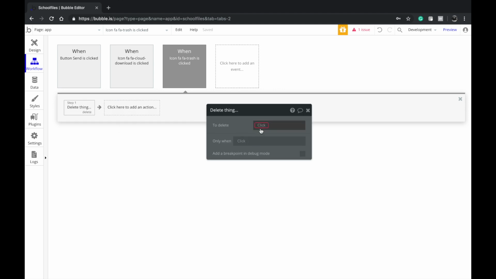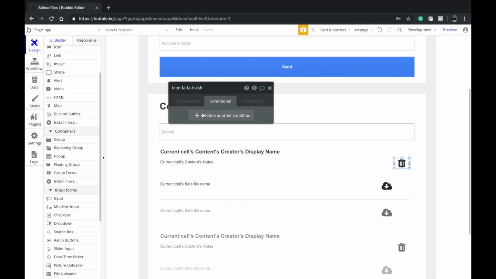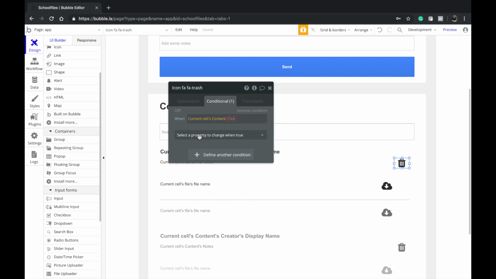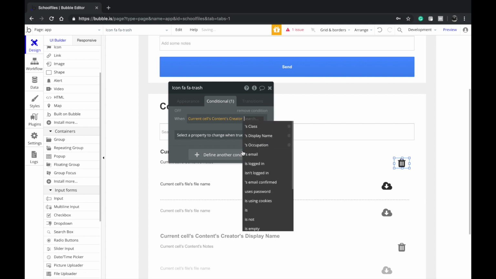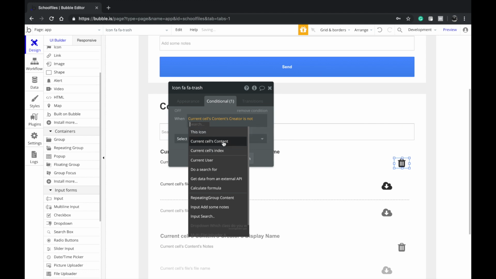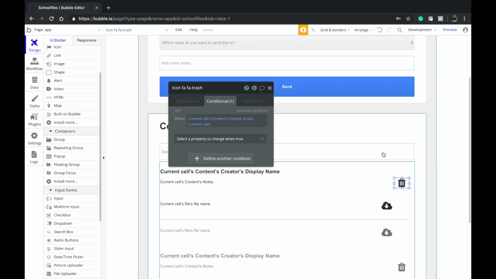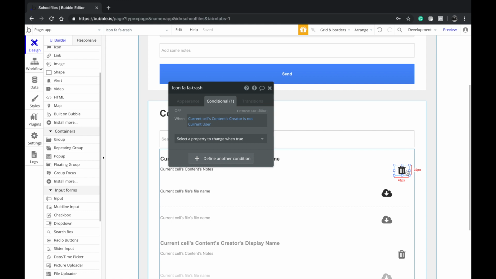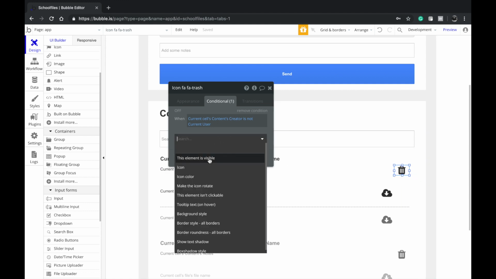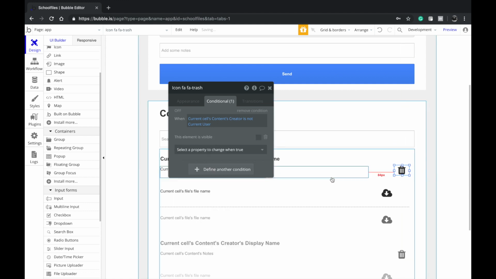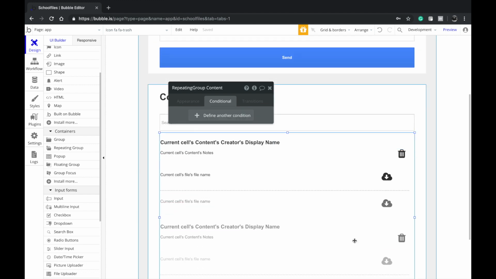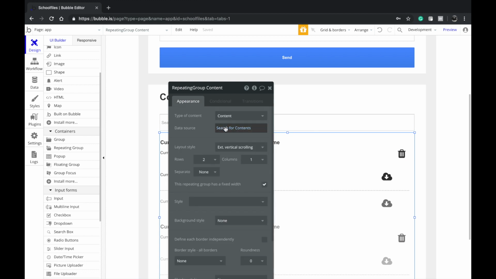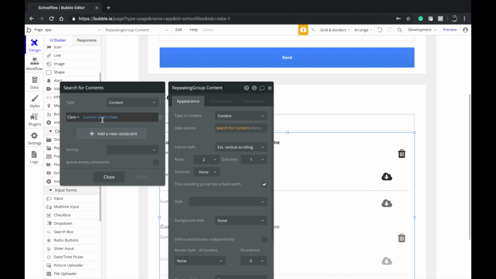So for the delete, you want to say current cell's content. Now you can secure this by saying only the person who created it: content creator is not the current user. What this means is if the person who created this file is not the user, then we want to not display this. Actually, this is a wrong method, because by default we're only viewing the content wherein